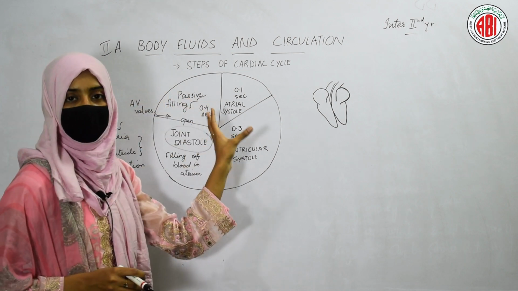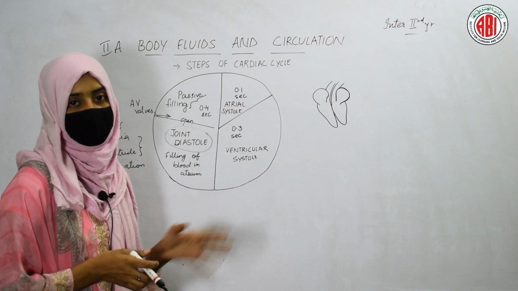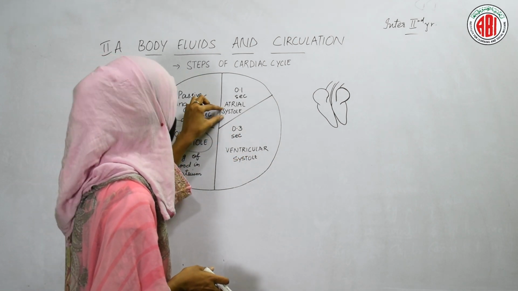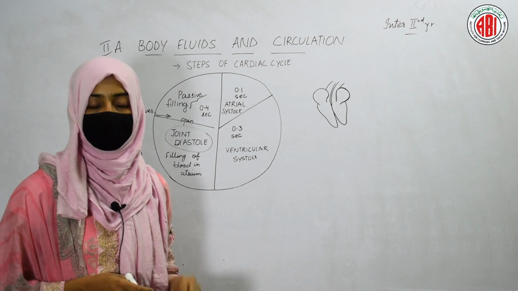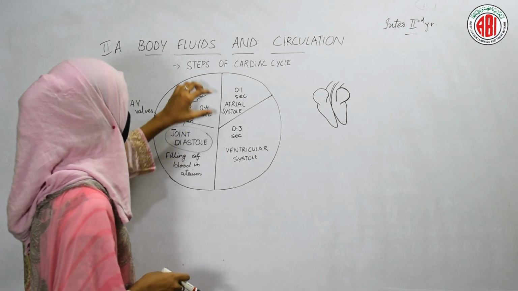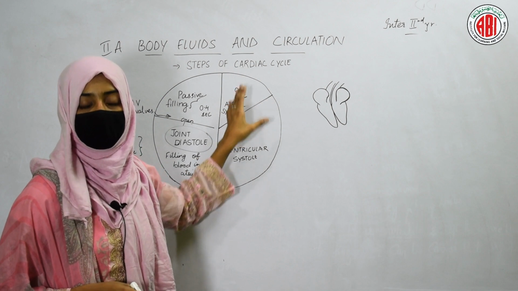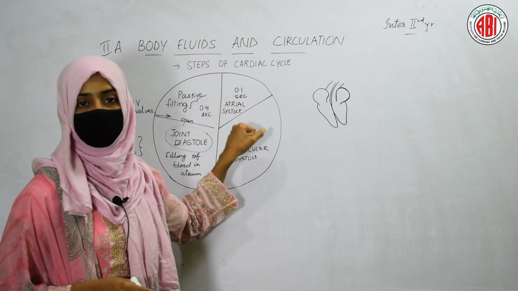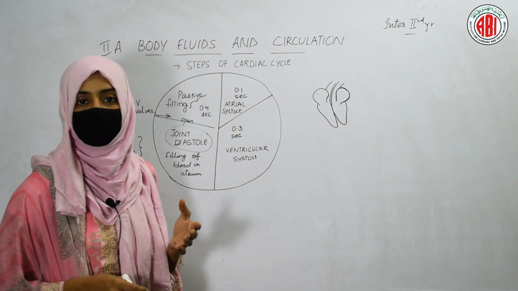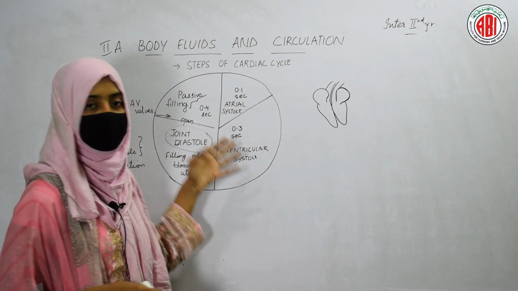After this time period, within 0.1 second, atria will contract. The contraction of atrium takes place within 0.1 second, and the contraction of atrium is called atrial systole. Whenever you hear the term systole, it means contraction, and diastole means relaxation. Atrium gets contracted and we call that stage atrial systole. Due to this contraction, some amount of the blood is pushed into the ventricles within 0.1 second, and that too actively. Active transport of the blood takes place. As the atrium shows contraction, we call this type of transport active transport.